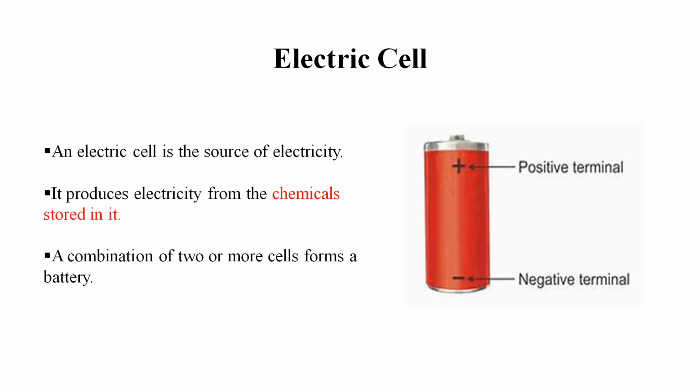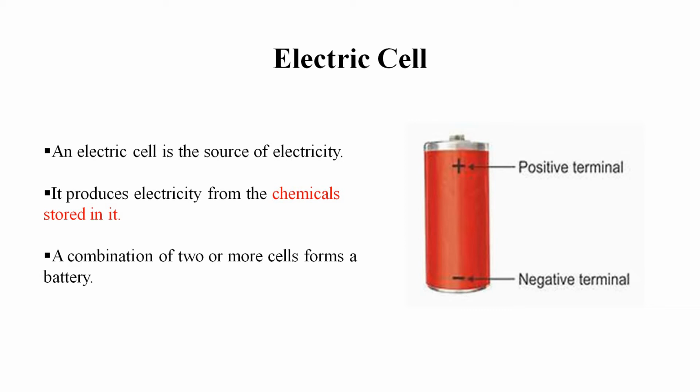Students, now let us study about electric cell. Students, we know that the bulb of a torch glows only when its switch is pressed on. If we touch its front part, it would be felt warm. That is, on switching on, it gives heat and light. On switching off, its bulb stops glowing.